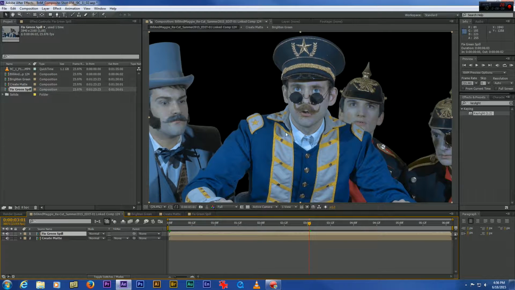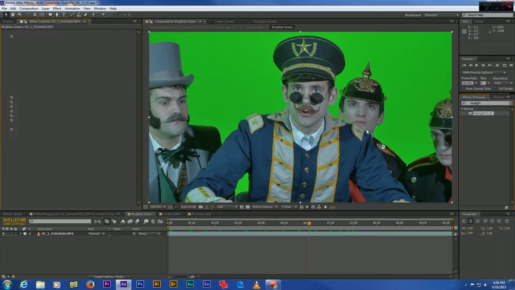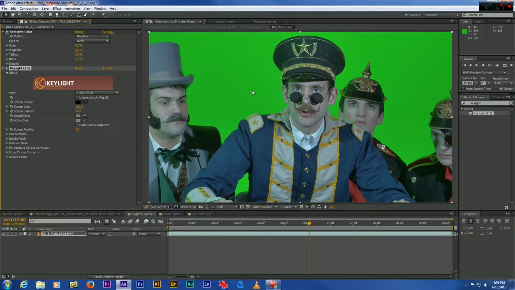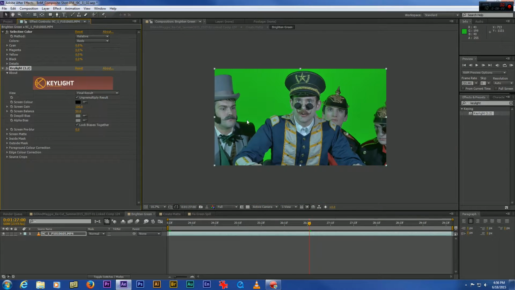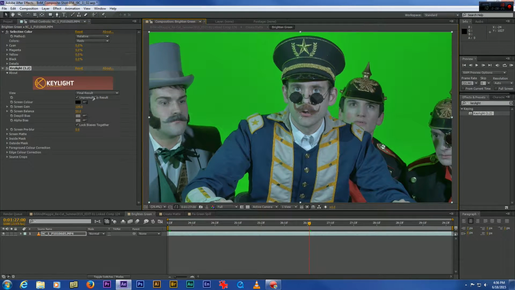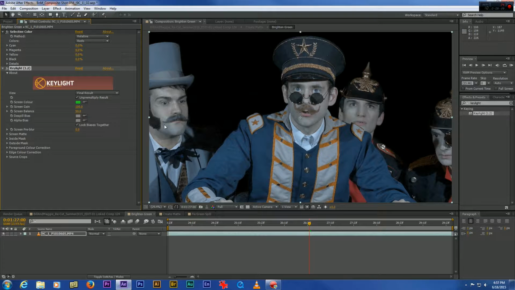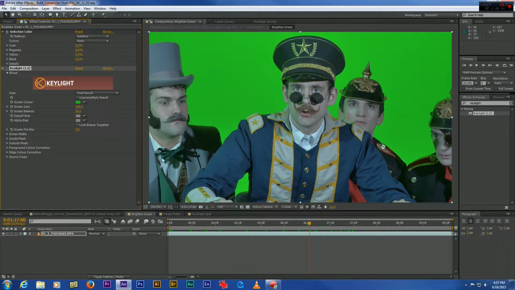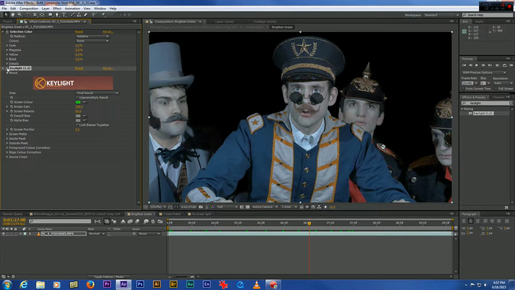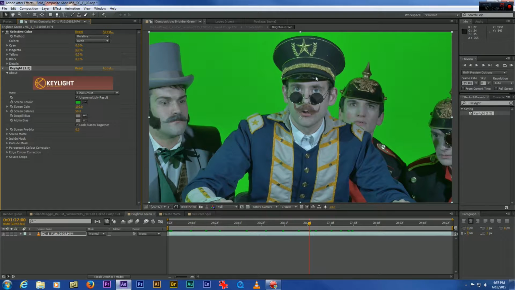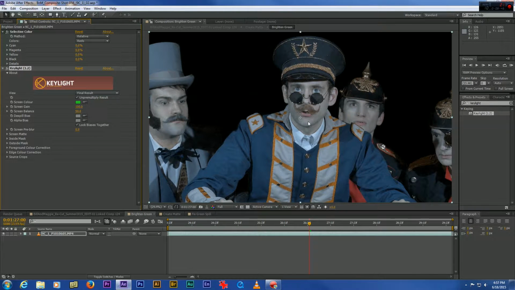That yellow is actually not the yellow that we got when we removed the green, because what happens when you remove the green is that you not only remove the color green from the background, but you remove that color from everything else in the image. So what ends up happening is you take the green channel out of almost everything. It takes it out of Lord Sheldon's tie and sash here. It takes it out of the blue color a little bit. It takes it out of all these characters' faces and the hat,